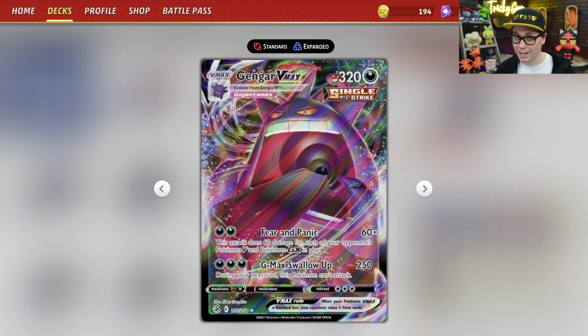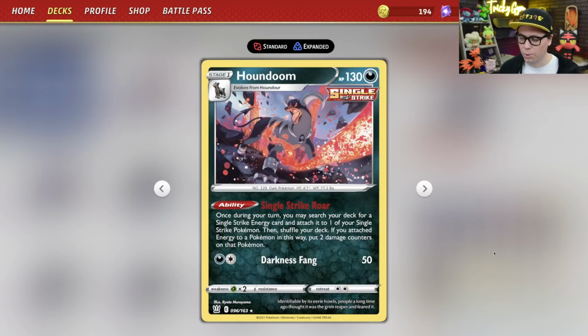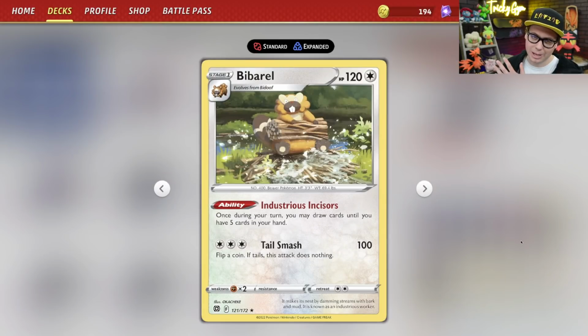So this whole deck is geared to set up Gengar VMAX as consistently as possible. In order to do that, we play a 4-4 Houndoom line with its Single Strike Roar ability, which allows you to accelerate a single strike energy from your deck to one of your single strike Pokemon. And then for draw support, we play Bibarel with its Industrious Incisors ability, which allows you to fill your hand